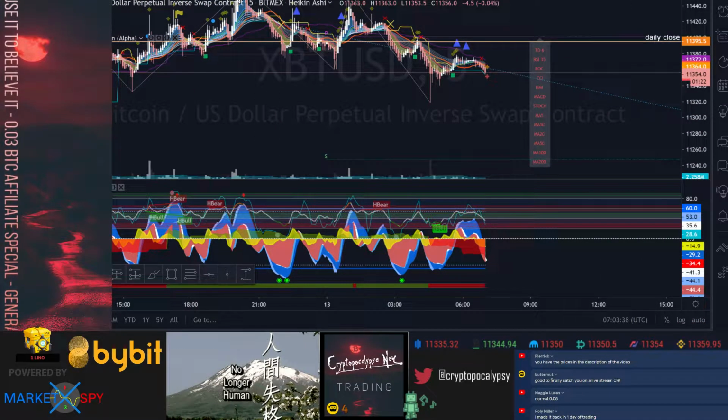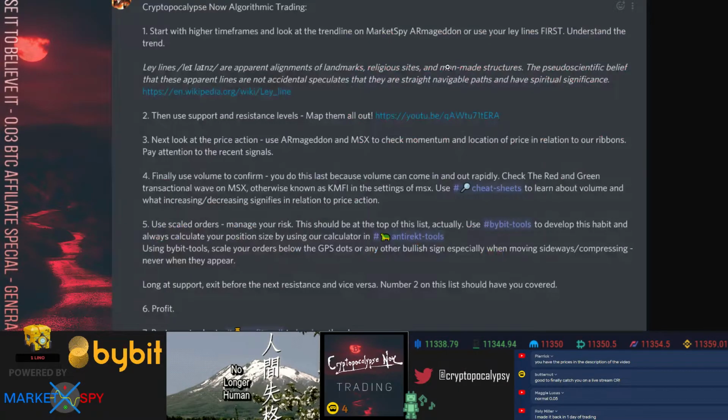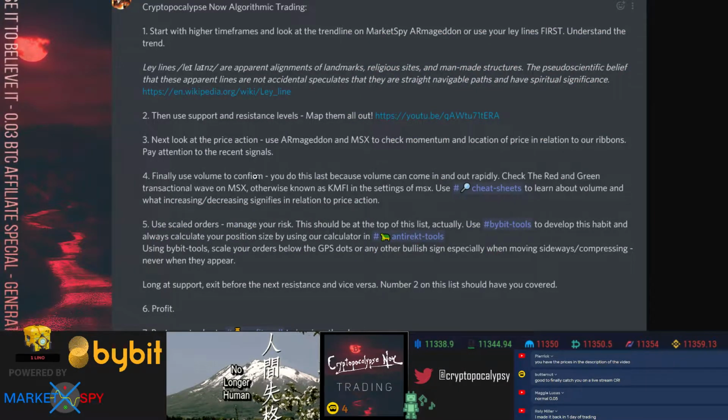And this is very simple. We use volume to confirm the last thing. The last thing in this setup over here, one by one. So this is a chronological way of looking at your charts. And I think volume should come in later